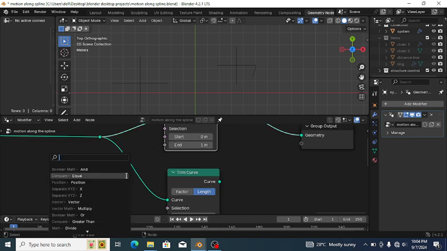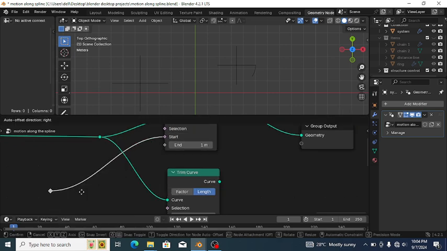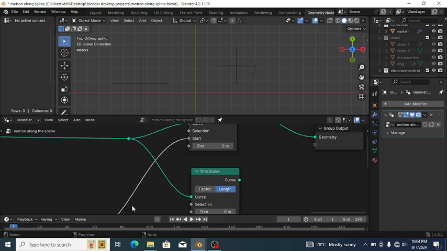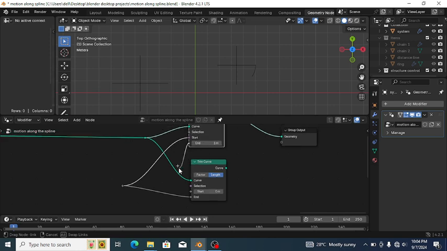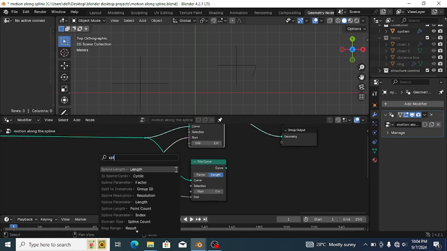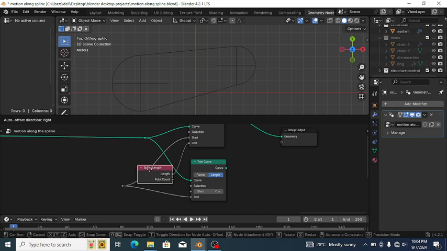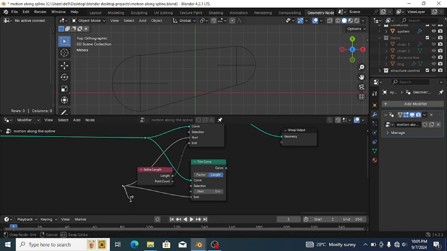Here I'm going to connect a reroute, and here if I connect it to the start, then in the one at the bottom I have to connect it to the end. In the one that I connected to the start, I should make sure its end reads the spline length, and just like that. Okay,